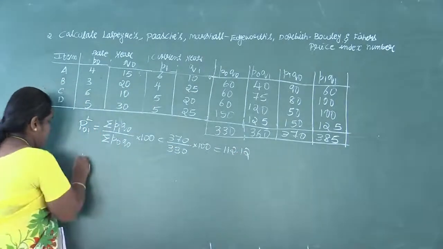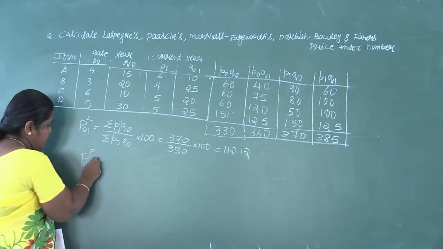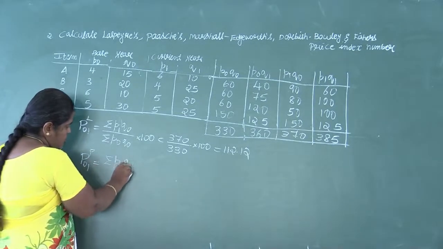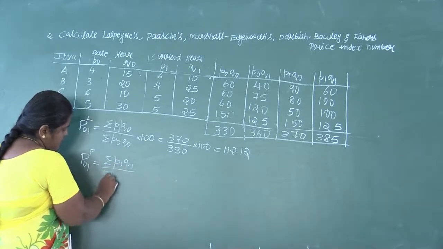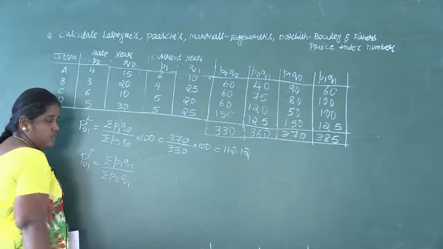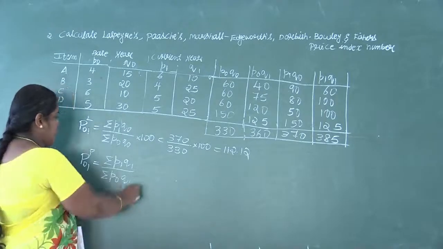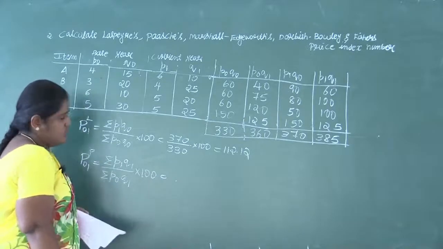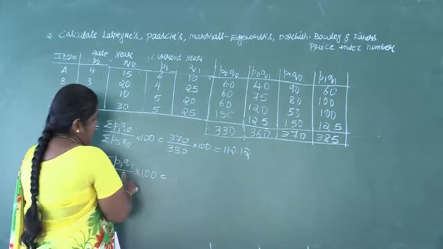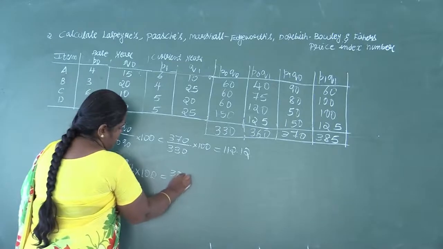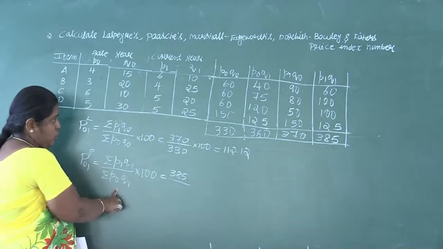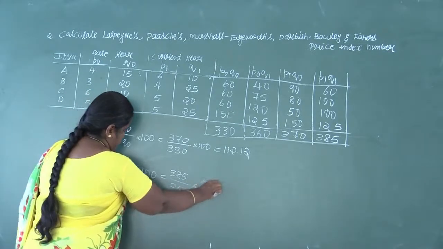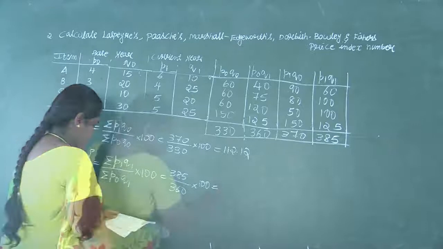Then the Paasche's price index number, P01P. So P01P is sigma P1 Q1 divided by sigma P0 Q1. So here the weight is the Q1 value, into 100. Since we are representing in terms of percentages, the into 100 should be there. Then P1 Q1 value is 385 and P0 Q1 value is 360. 385 divided by 360 into 100,